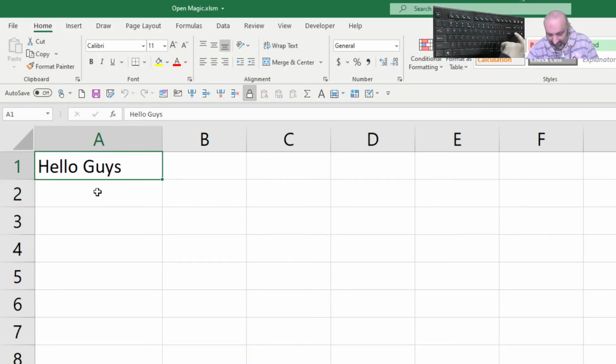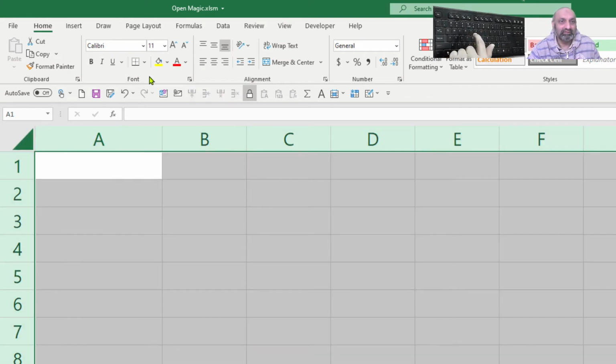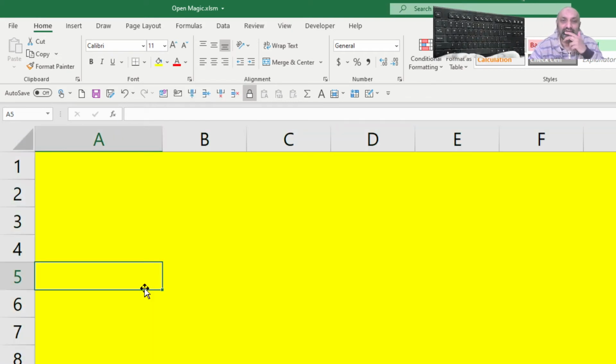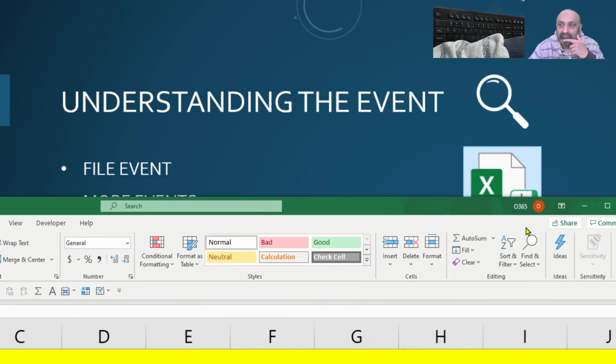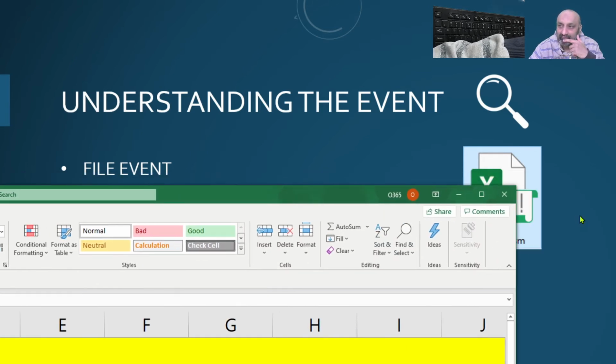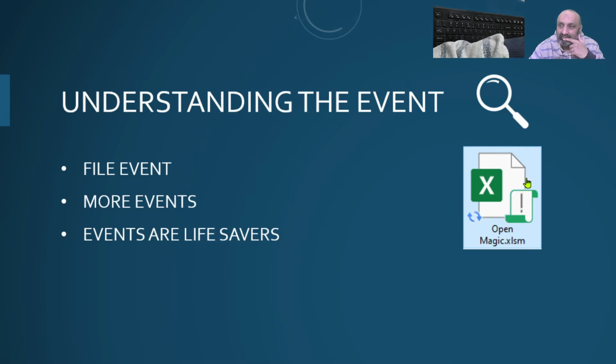So let's say I delete "hello guys" and then turn the sheet to yellow. Then save and then close. Okay, let's open the file again.